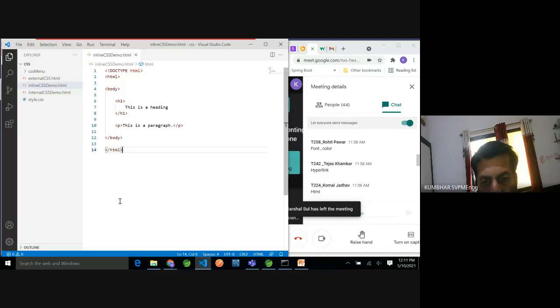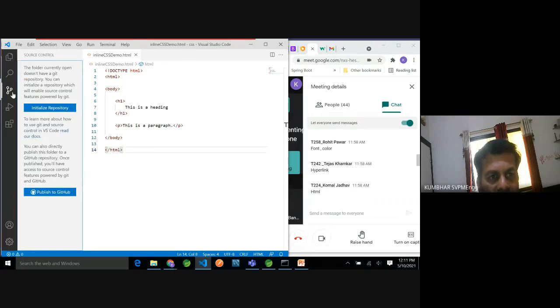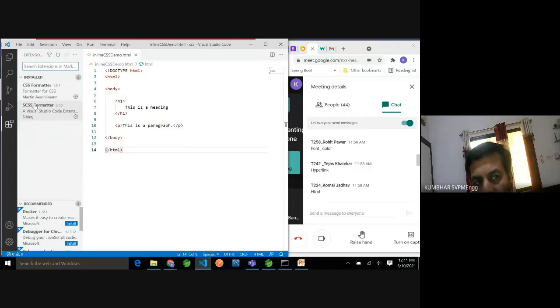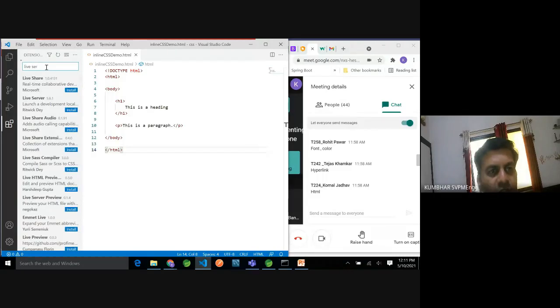So actually I have not installed the live server, so let me add that extension. Those who missed last time, please check how you can add the extensions to the Visual Studio Code. Right now I want live server, so I am searching for it.